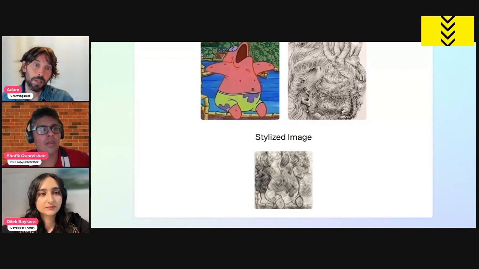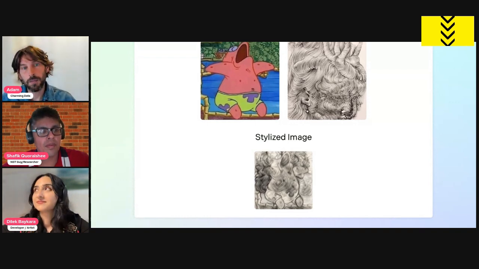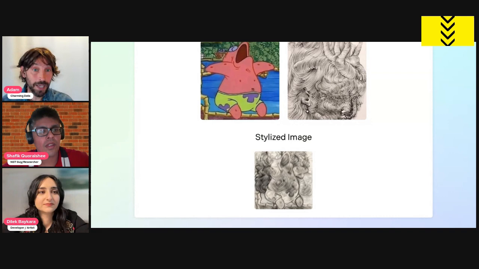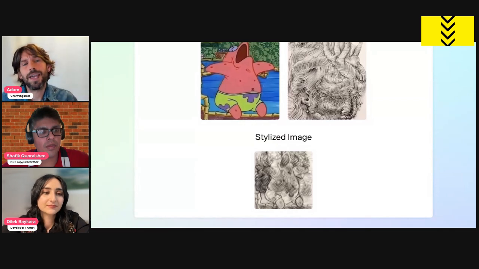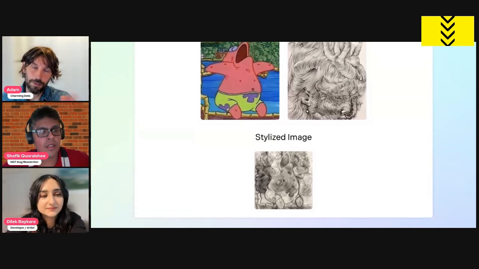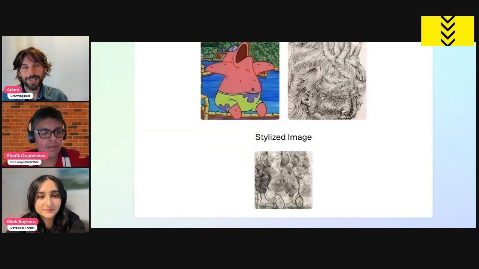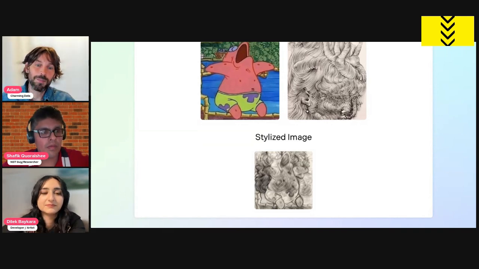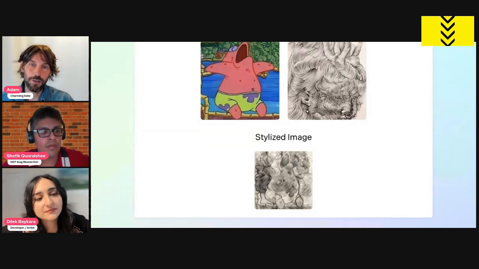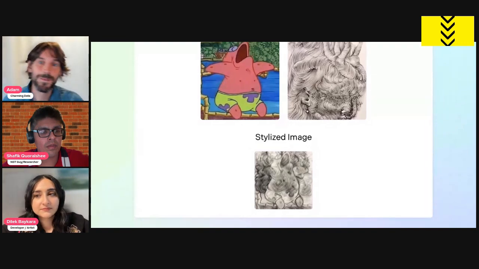Thank you, Shaf, for bringing this project together and for talking about it, and Dilek, for joining from the very beginning and pushing this. I'm really glad we developed this project together, this application. Shaf might even come out with a research paper out of this. So this is the idea of Charming Data, right? Doing projects that can help the public good, and this is what we've done with this project. So now I'm going to pass it on to Shaf to talk to us a little bit about the initiative of the project. Shaf, the floor is yours.